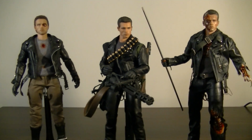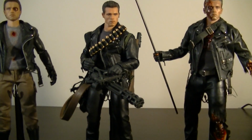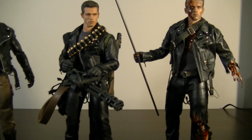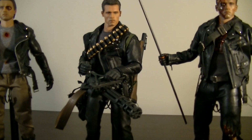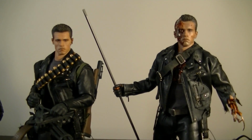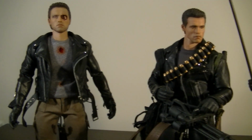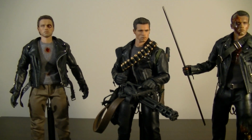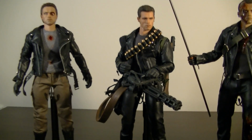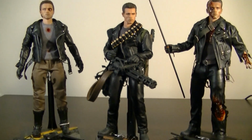So you can see DX13 and DX10 are probably slightly taller, and I think that happened after pretty much Man of Steel, and they seem to slightly change their scale to a bit larger. So DX13 has definitely got a larger body, and DX10 is smaller, whereas 238 is probably not as tall, probably just a smidge shorter. But overall together, even on the bases and so on, they do look pretty friggin' amazing